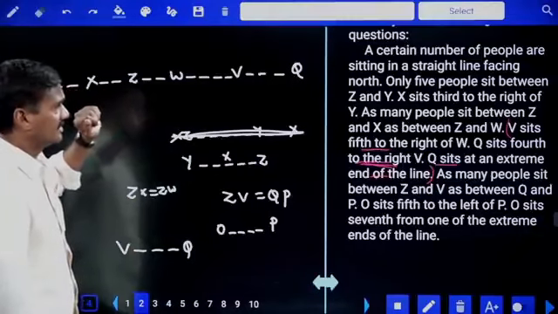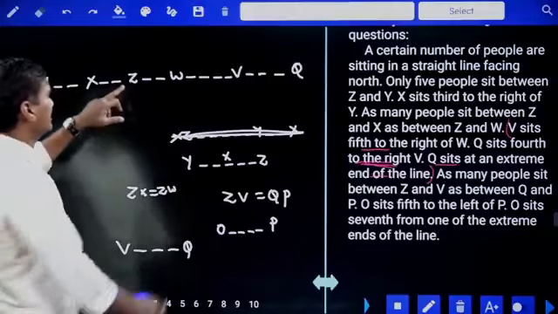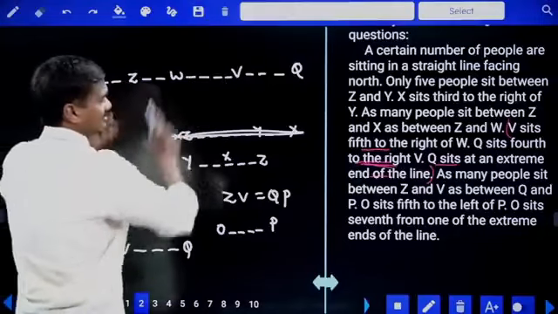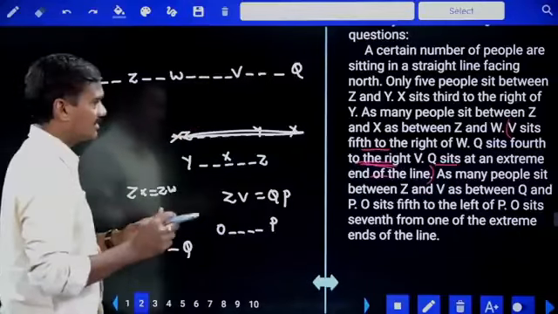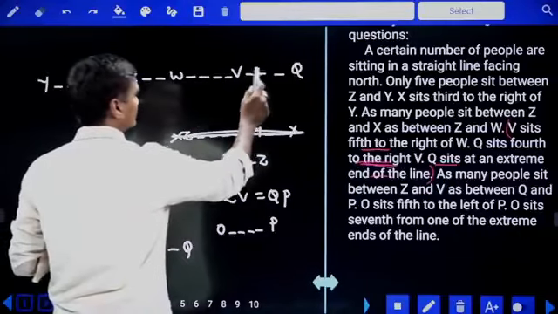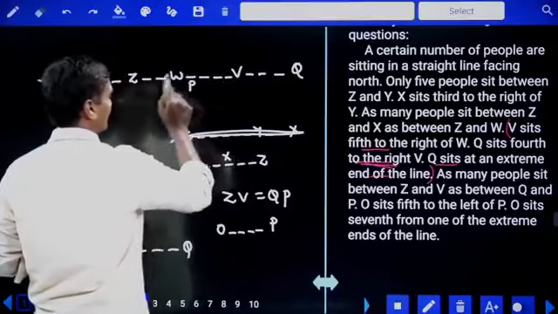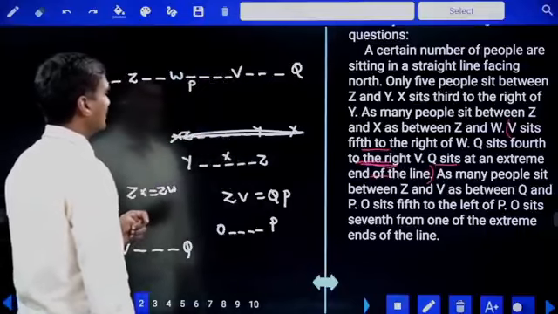And next one, V sits fourth. As many people between Z and V. Z కి V కి మధ్యలో 3 4 5 6 7 members ఉన్నారు. And Q and P కి మధ్యలో 7 members ఉన్నారు. Q కి P కి 7 అంటే 1 2 3 4 5 6 7, 7 members ఉండాలంటే P ఇక్కడ ఉండాలి. And P ఇక్కడ ఉన్నాడు అనుకోండి. P is